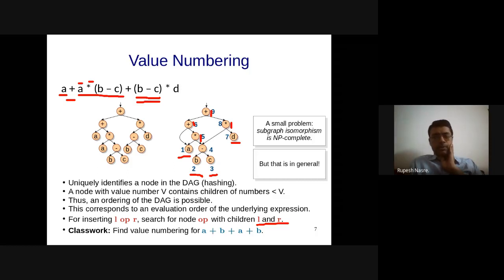Because you are maintaining the order of evaluation, but the order of evaluation cannot be changed because of this optimization at this level. It needs to be done later, as some of you are mentioning that if you had some other operator, then it would have been a trouble. Okay, does that make sense? Any questions further?